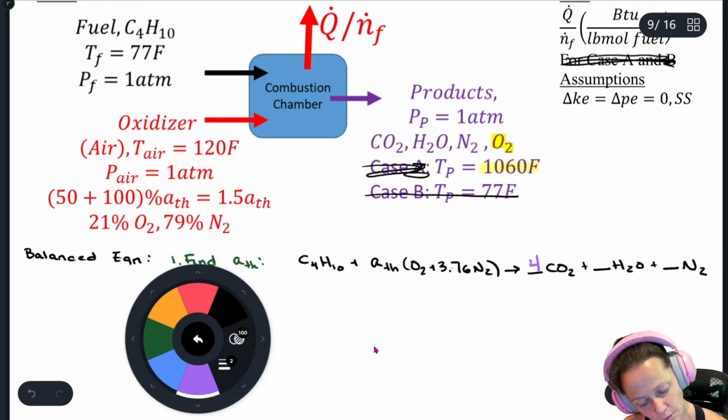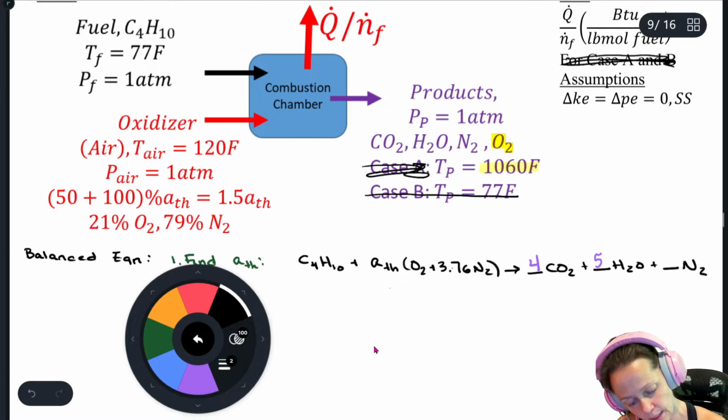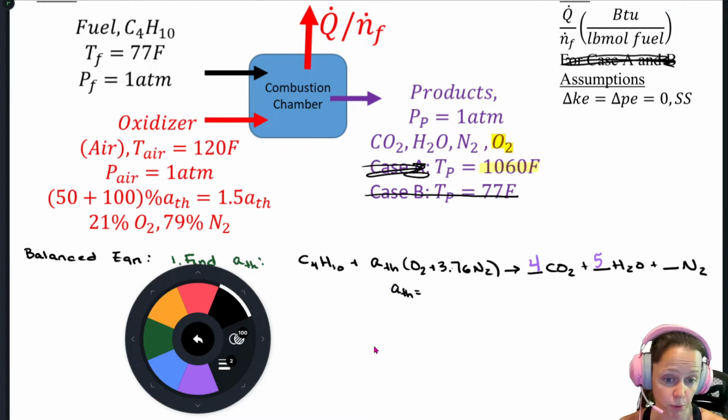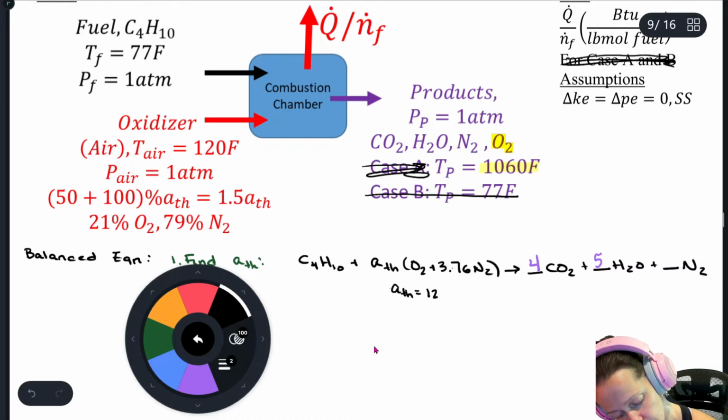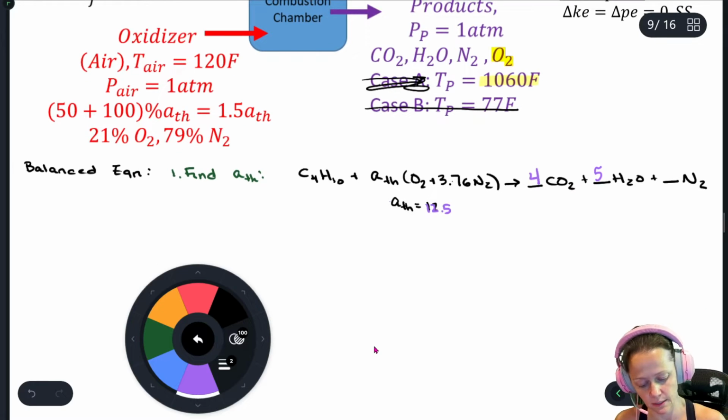So that's got to be 4. For my hydrogen, this is going to have to be 5. And so if I want my ATH value, ATH is going to have to be 12.5. Yeah, I'll put it as 12.5. All right. So now,